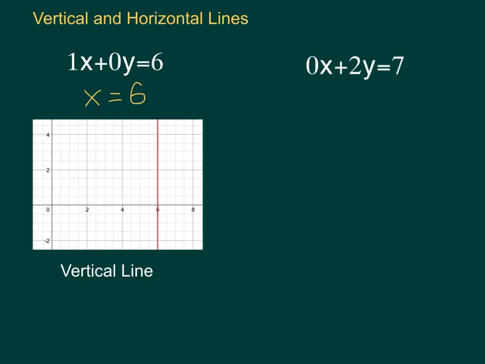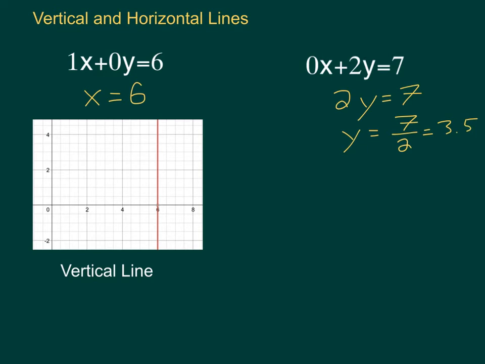Very similar thing on the second equation, 0x plus 2y equals 7. Well, 0x is just the same thing as 0, so that doesn't really matter. So I'm really looking at 2y equals 7. And while that's in standard form, I can make it a little simplified or easier to work with by making it y equals 7 over 2. Now that's not technically standard form, but it's going to be good enough here. If we get y equals 7 over 2, which is the same thing as 3 1/2 or 3.5,